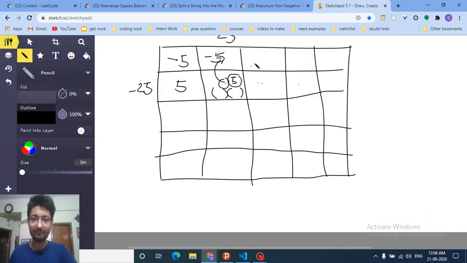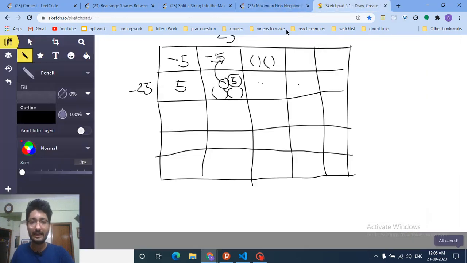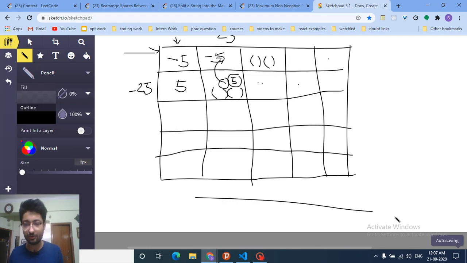Okay, so it means that every grid value has two values. Now first I can fill out all these positions, all for the first row and the first column I can always fill it out, because if I have a path from this till this, I have just a straight row, I do not have any choice but to move from left to right.